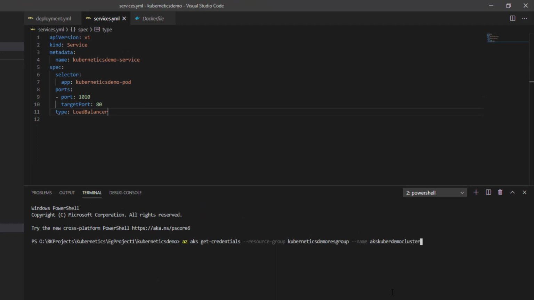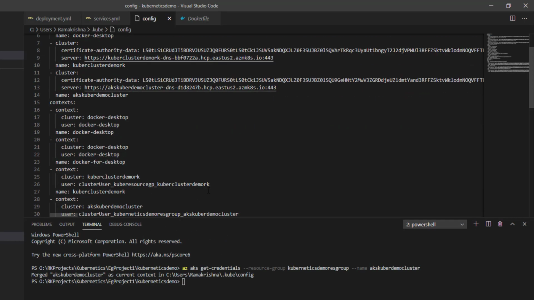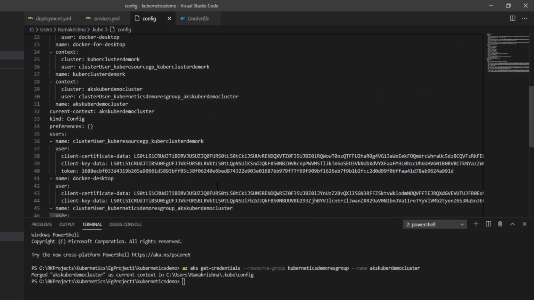Let's copy paste and enter. Now we are able to get the correct context into this file. We can see that our secrets for accessing our Kubernetes cluster are created over this path.